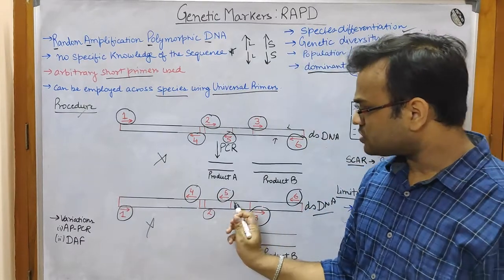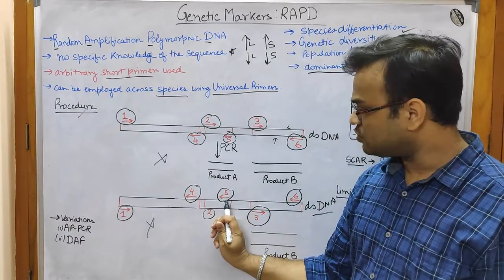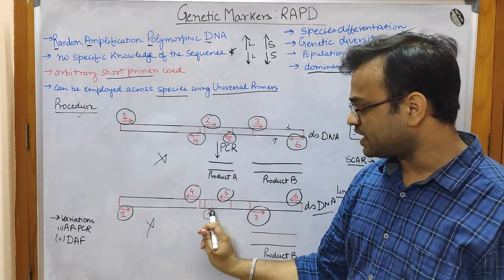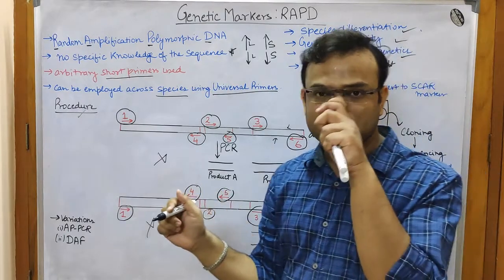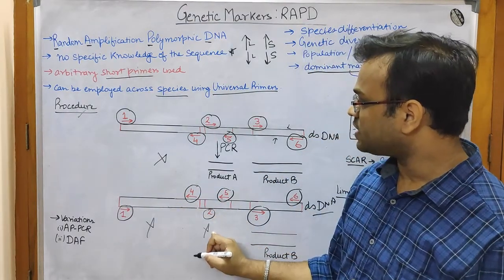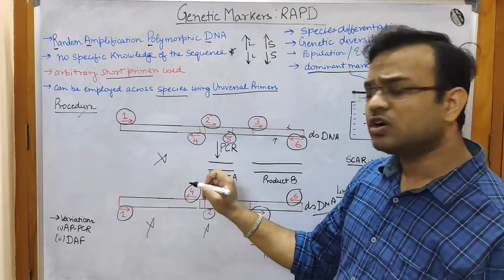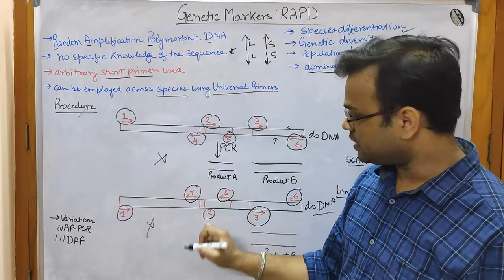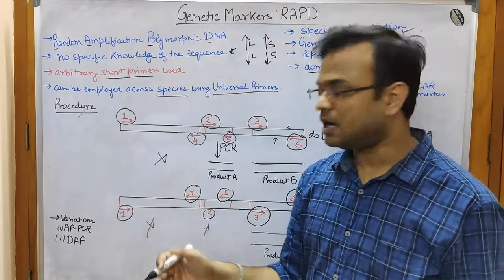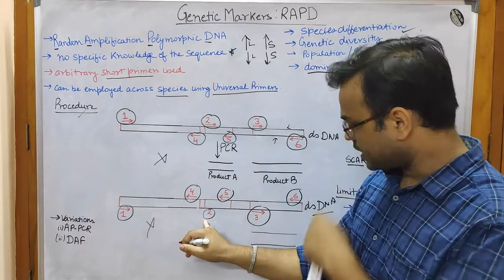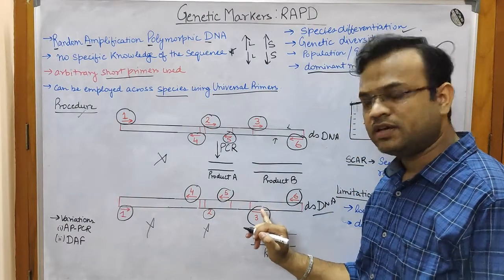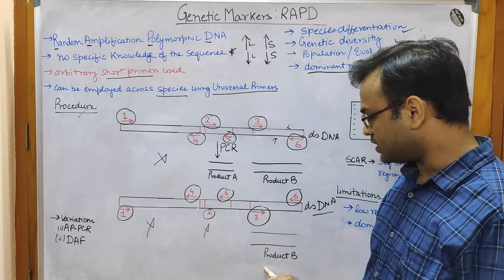Now next, because here only one primer is present, you can see that here at the fifth position one primer is present, and at the second position the complementary primer is not present. So what will happen here? Also you won't get a product, unlike the one you got over here. Here you got a product, but here you won't be able to get the product because the primer has not bound to this particular region. Okay, next, here the primers have bound properly, so you would be able to get the product, that is product B over here.